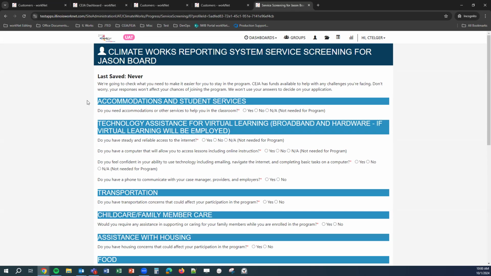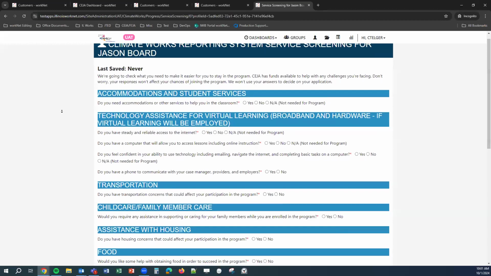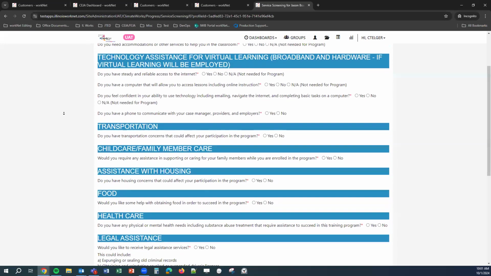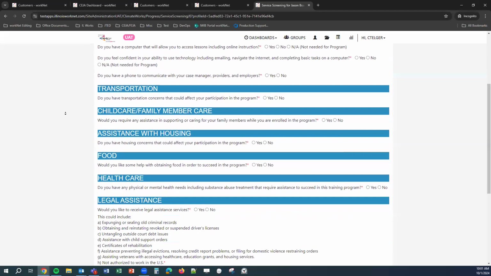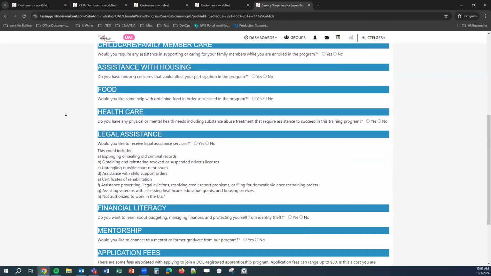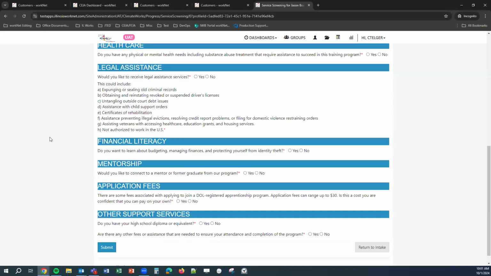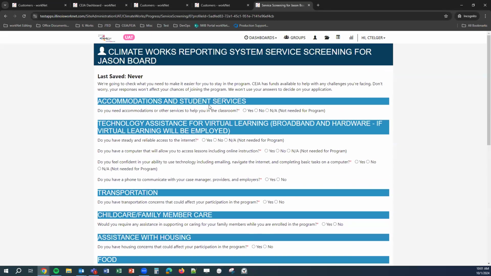For the purposes of time, I don't know if we'll go into all of these questions that we see bullet points for, but our main sections are accommodations and student services, technology assistance for virtual learning, transportation, childcare, family member care, assistance with housing, food, healthcare, legal assistance, financial literacy, mentorship, application fees, and other support services. And within each section, we have at least one question with radio button selections here. And based on how the question is answered,